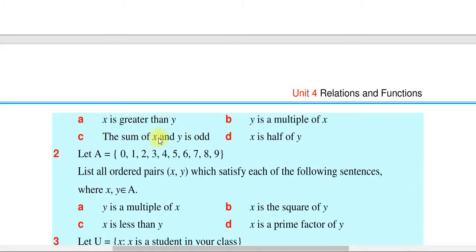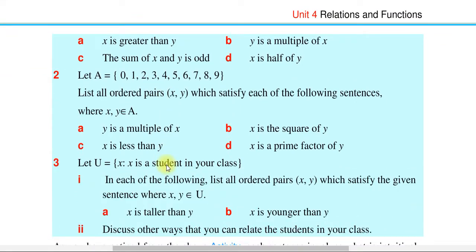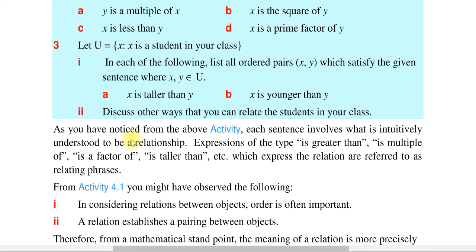ሳቲስፋይ የሚያደርገውን ነው የምንመርጠው። ኤ ለምሳሌ x is greater than y የሆነውን በኦርደር ፔር ማስቀመጥ፣ b y is a multiple of x የሚለውን በኦርደር ፔር ማስቀመጥ፣ the sum of x and y is odd የሆነውን in order pair ማስቀመጥ፣ እንዲሁም x is half of y. ሶ እነዚህ በሙሉ ሪሌሽን ናቸው። ሪሌሽኖችን ደግሞ በኤክስ ዋይ ኦርደር ወይም ፔር እናስቀምጣለን ይለናል ማለት ነው። ስለዚህ ይህ አክቲቪቲ የሚያገለግለው ወደ ታች ስለምንማረው ነገር ሂንት የሚሰጥ ነው ማለት ነው።